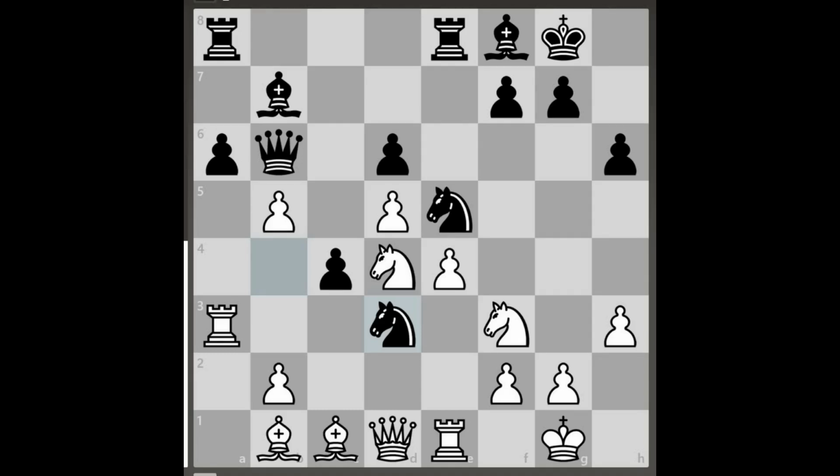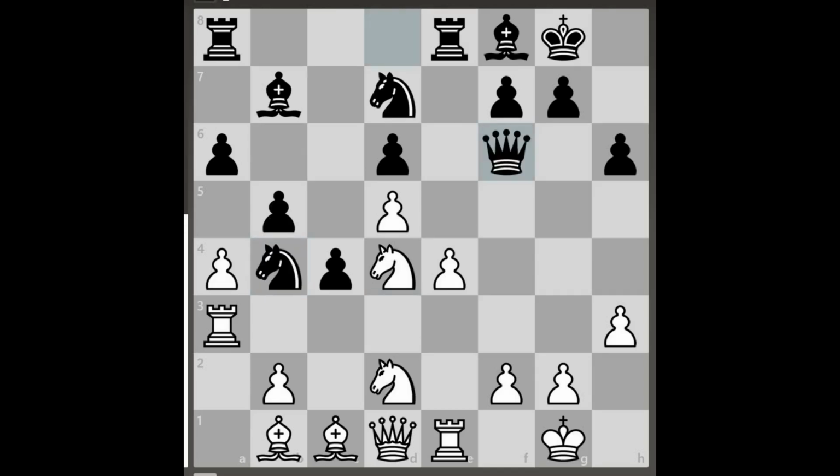Karpov has taken only 12 minutes on his clock, and Kasparov now took 32 minutes for his reply. This queen f6 was Karpov's idea throughout this game. Probably he had analyzed and prepared for these variations. So let us go back. Karpov played the beautiful move queen f6, knight second flank to f3,